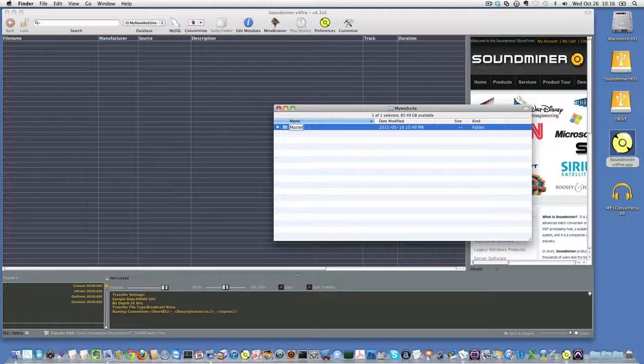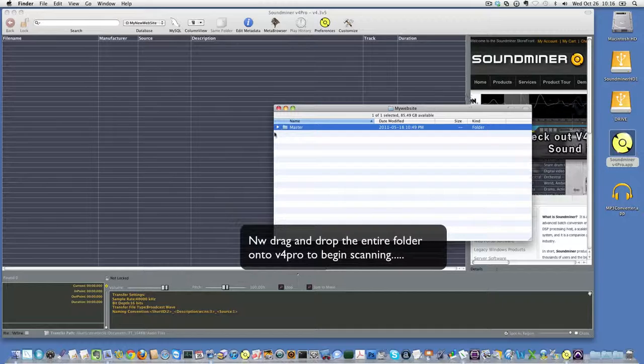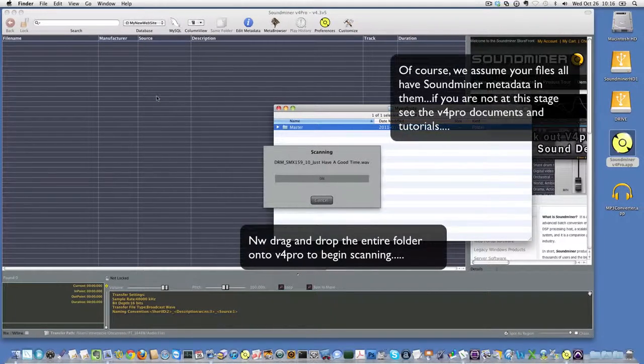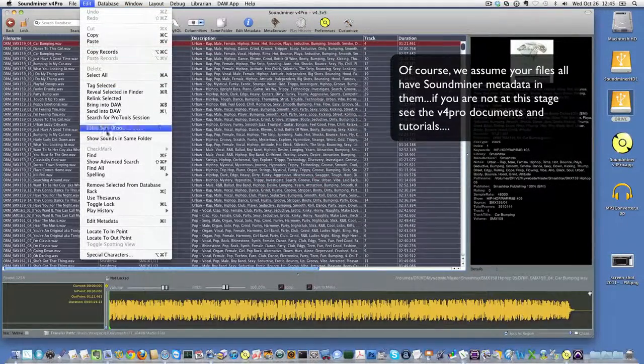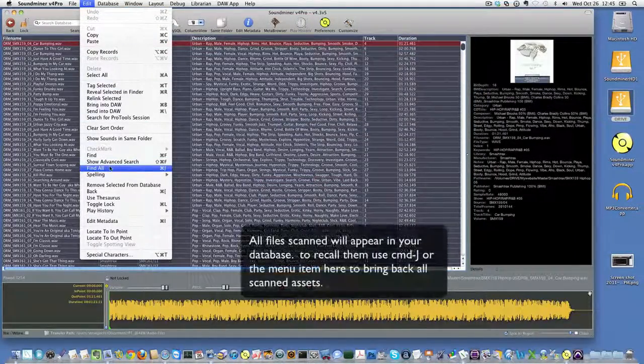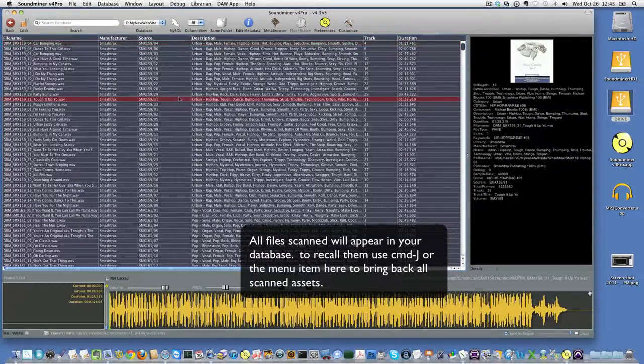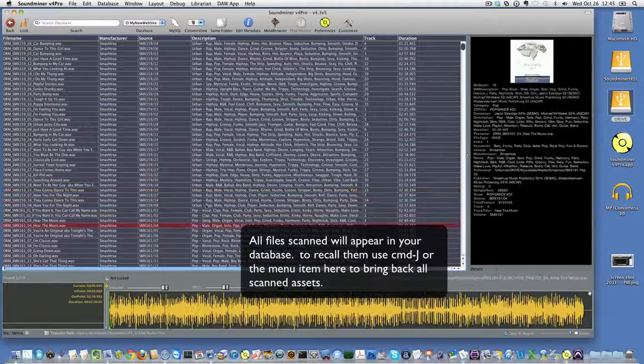Assuming they're in the right place, just drag and drop the entire directory onto SoundMiner. As long as it's been embedded with SoundMiner metadata, all the fields will populate. And you're pretty well ready to go. Now the next step is to create MP3 versions of